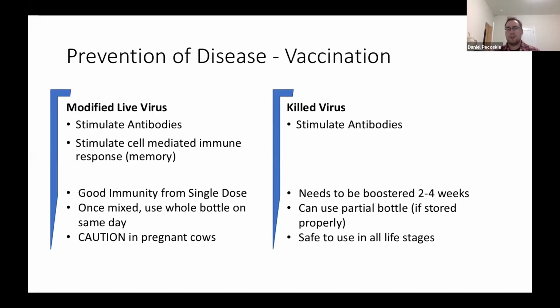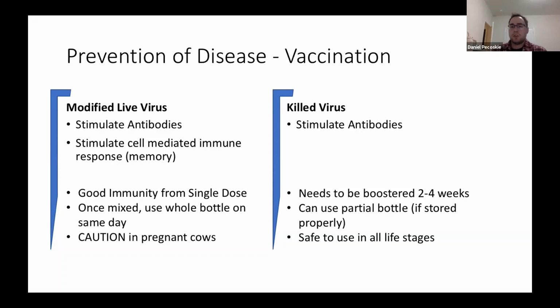So this is my slide here just to do immunology at a very kind of broad strokes, just comparing a modified live viral vaccine to a killed viral vaccine. And both of them have their places for sure. Comparing them both, they will stimulate that antibody production. That's more specific immune stimulation, where the body will produce antibodies to attack the virus or bacteria that it's infected with. The difference is modified live viral vaccines will also stimulate another arm of the immune system, the cell-mediated immune